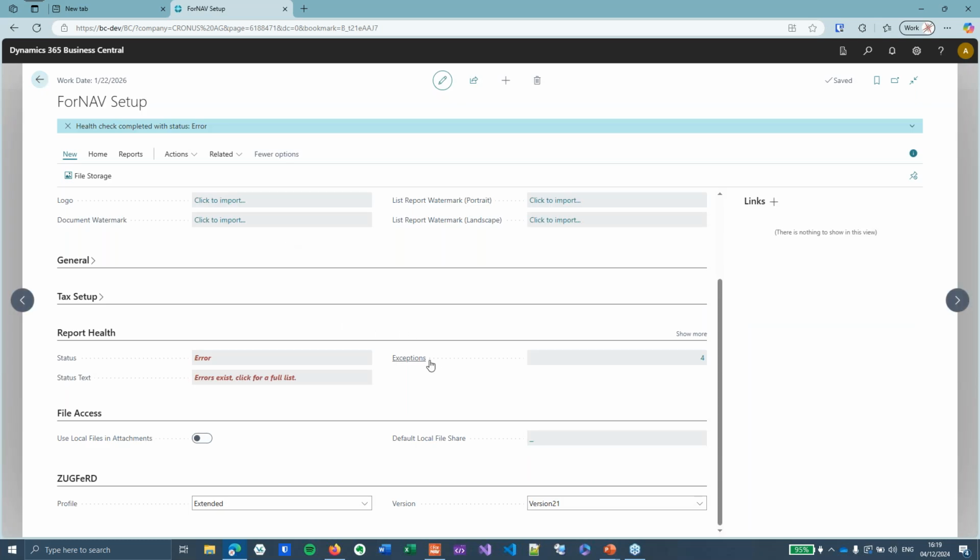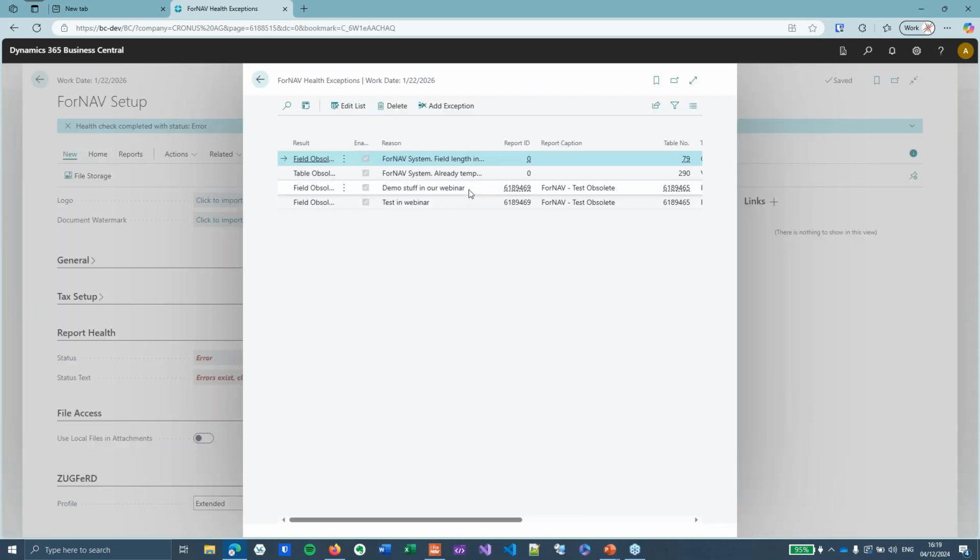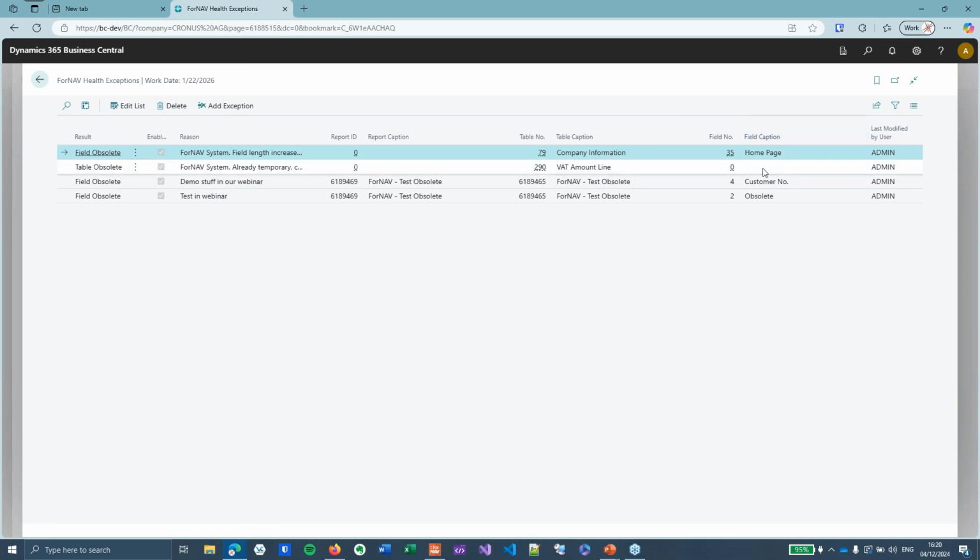What you can also do right here is you can see that there are 4 exceptions in the system. Those are the exceptions that I did in the webinar this morning and the webinar just now. But there are also some ForNAV system exceptions that we've added for you. In this case, let's make this bigger. In company information, the home page,